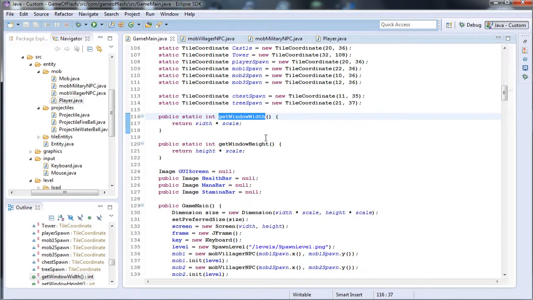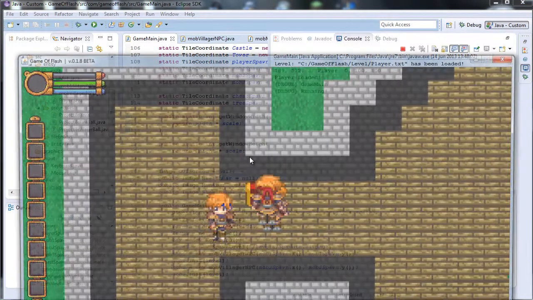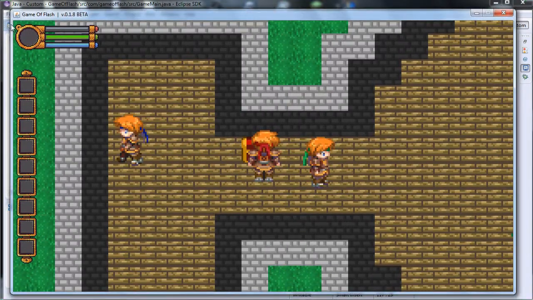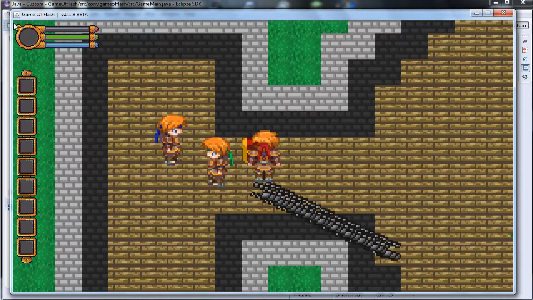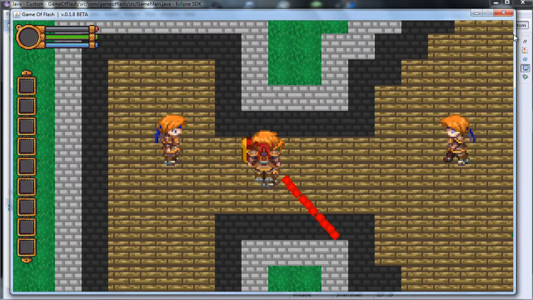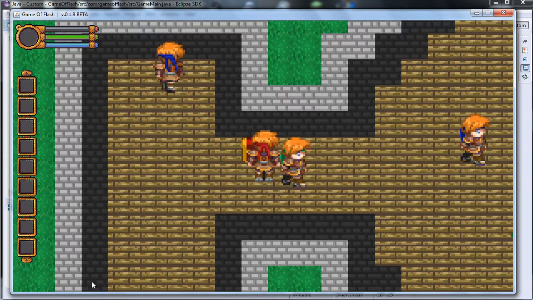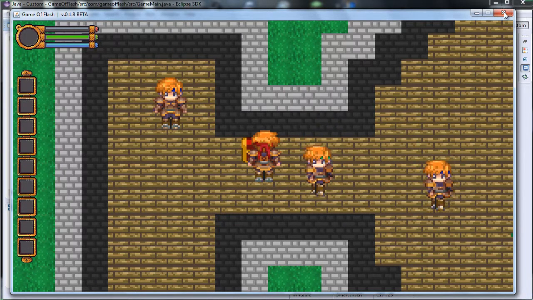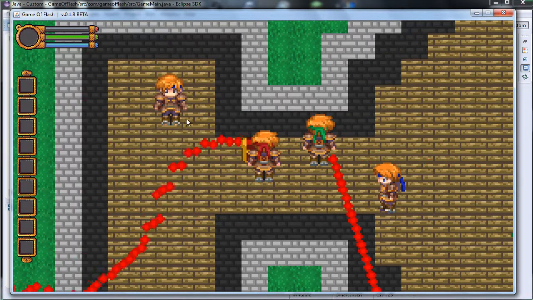So it basically returns the width times scale. So the rand x can get an integer from there to there, and the y does it from there to there. And you might be able to guess why,